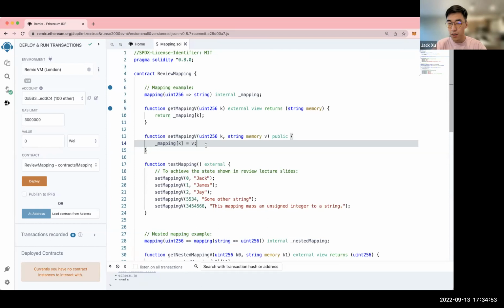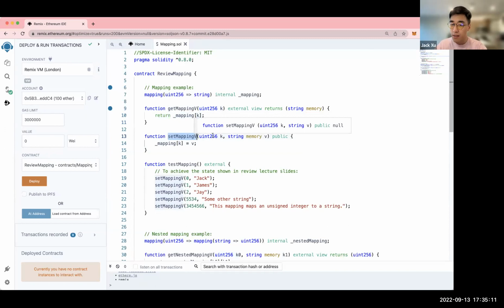So it's the same idea with keys and values when you're trying to set a value. Without a key, there are so many spots in the mapping, it doesn't know where you want to place it. When you're getting a value, you only need a key because the value already exists. But when you're setting a value, you need both the key and the value. You use the key to tell the mapping where you want to store the information, and you use the value to tell the mapping what you want to store at that location.